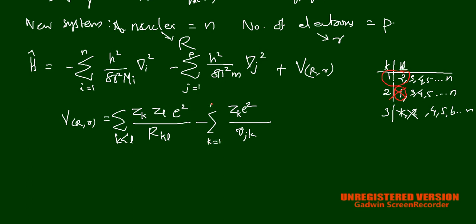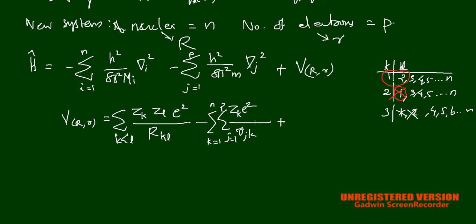Then we have to count all the electrons also, so we give a sigma sign for the electrons, that is, j is equal to 1 to p. Then it will count all the nuclei and all the electrons. Okay, plus